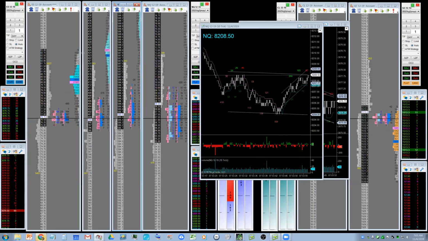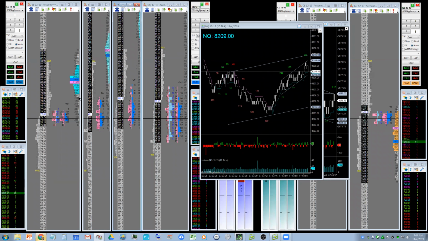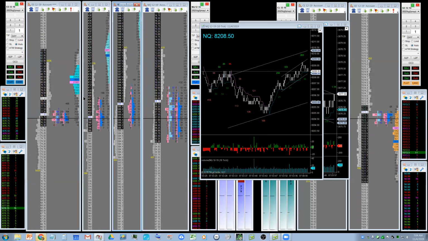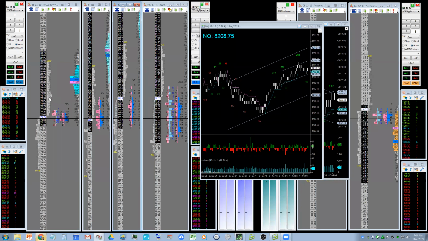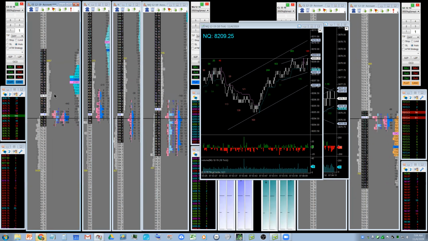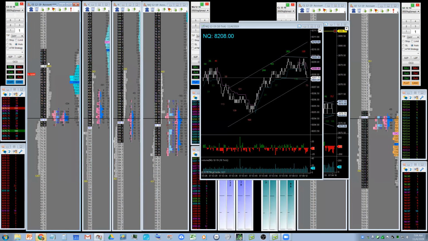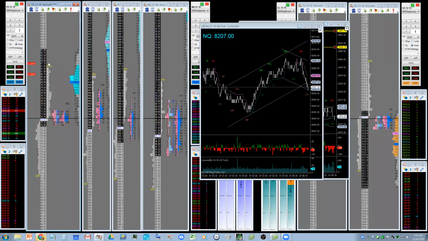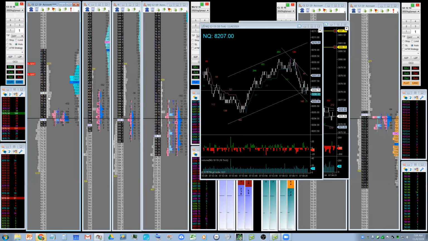And all right, now this is significant. So now we have a high volume node and we're not in it anymore. So now you can see the people that are trying to sell right here. That's why they're doing that. They're looking at the bottom of the value area and they're thinking that's a reasonable place to get short. And I agree with them. So I wouldn't necessarily stick an order there. I'd be more interested in fading the other end of that range than I would necessarily where these guys are.